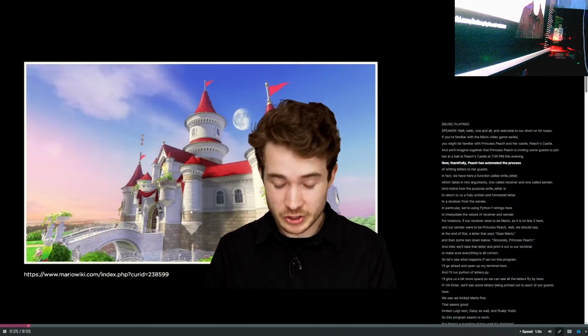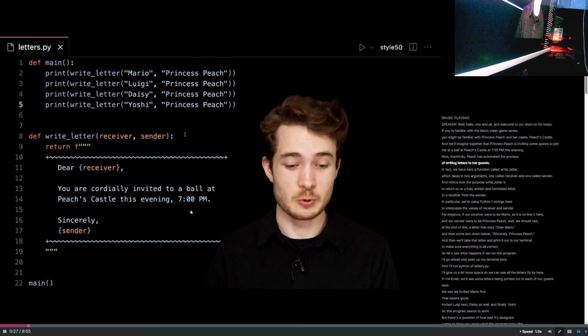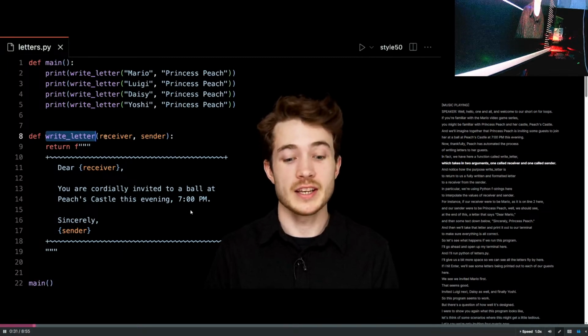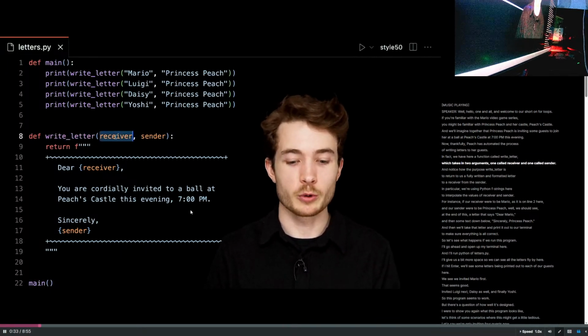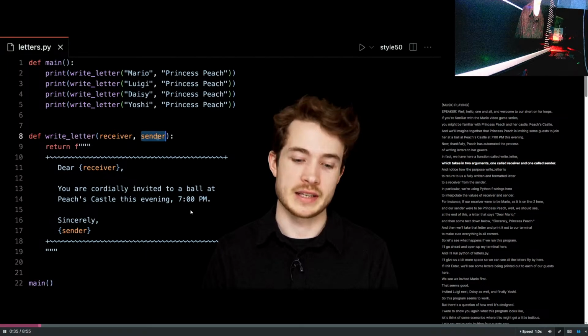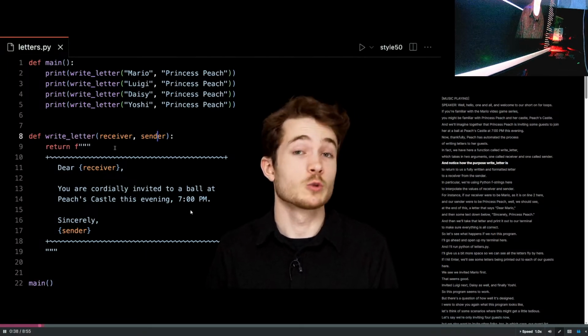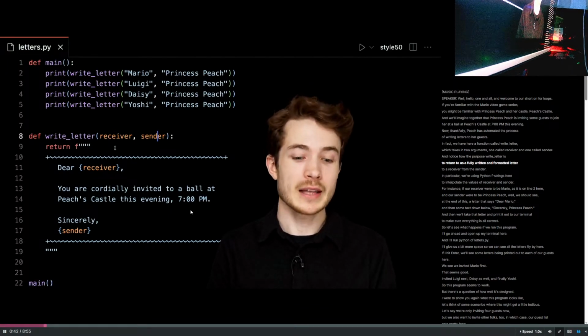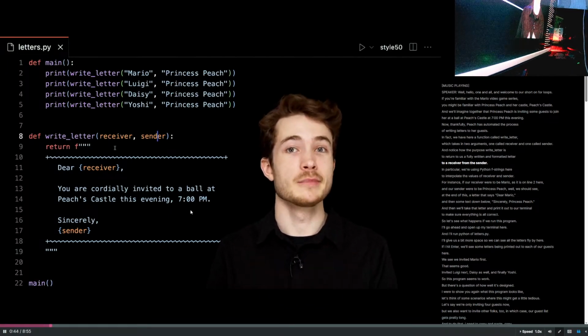Now, thankfully, Peach has automated the process of writing letters to her guests. In fact, we have here a function called writeLetter, which takes in two arguments, one called receiver and one called sender. And notice how the purpose of writeLetter is to return to us a fully written and formatted letter to a receiver from the sender.